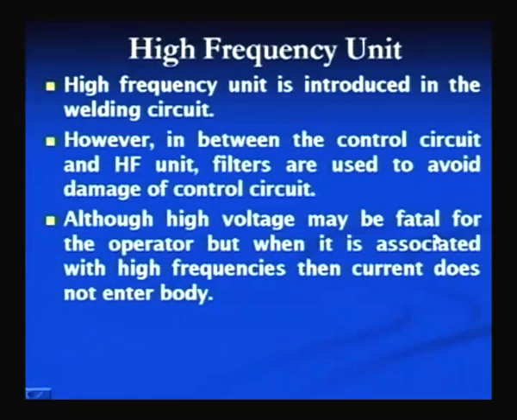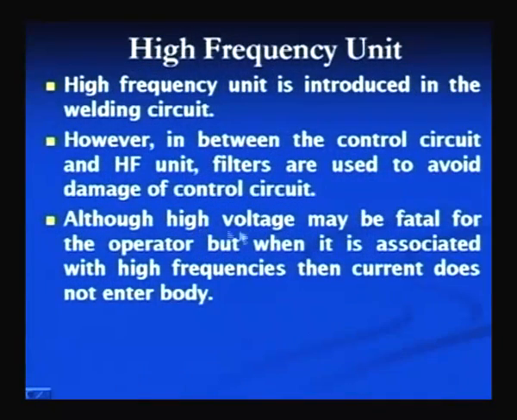Although high voltage may be fatal for operators, when it is associated with high frequencies, it does not enter the body. Normally the arc voltage is kept between 80 to 100 in manual metal arc welding or shielded metal arc welding, and the open circuit voltage can be in the range of 30 to 80 in general. The higher the open circuit voltage is set, the greater the chances of electric shock to the operator, and the HF unit, however, is able to supply a voltage of 2000 to 5000